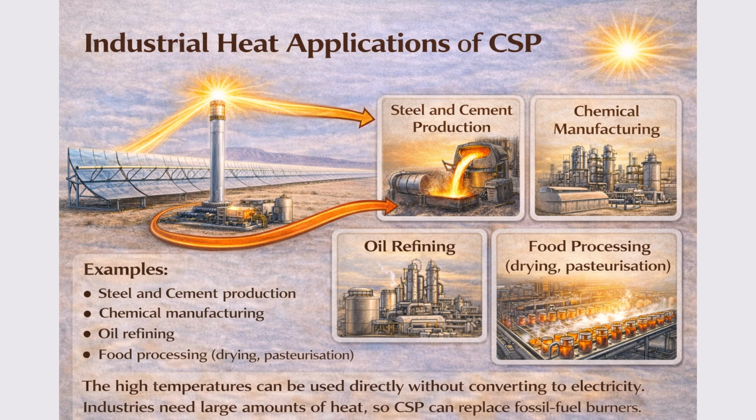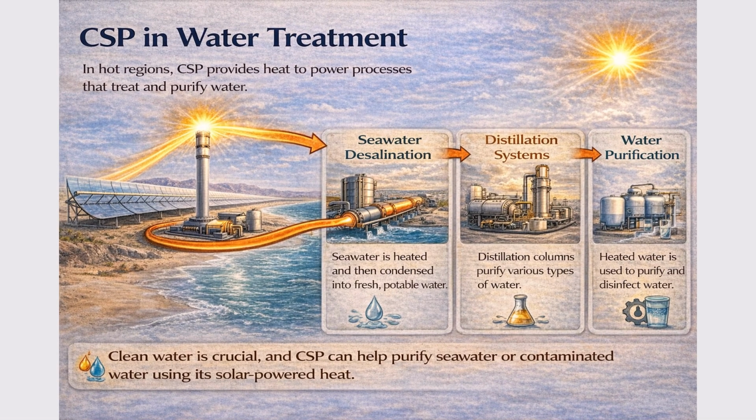Finally, you mentioned CSP can be used in water treatment. How does that work, and why is it important? This is a particularly important application in hot, arid regions of the world where clean water is scarce. CSP can provide the high-temperature heat needed to drive water treatment processes. In seawater desalination, CSP heats seawater which then evaporates and condenses as fresh, drinkable water,